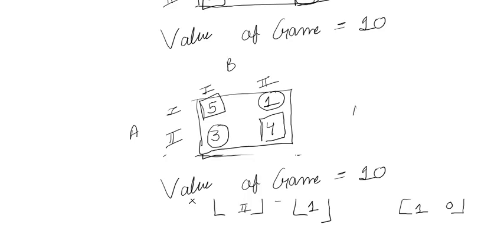In this case, there is no saddle point, right? In this case, there is no saddle point. Now इसको solve करने का तरीका क्या है? What you have to do is, अब let's say, let me do like this. हाँ, now what you have to do is you have to find out differences. Differences in the sense 5 minus 1, you have to write it here, 4. 3 minus 1, you have to find out, it's minus 1, but we have to ignore minus signs. So 3 minus 4, that comes out to be 1. Here 5 minus 3 is 2,